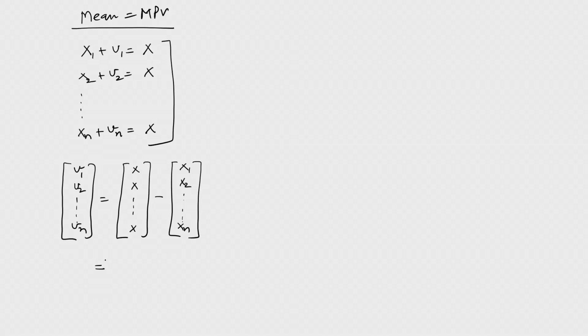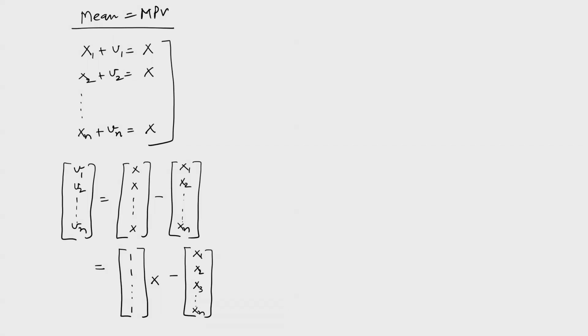Okay. Here I can write this X matrix as 1, 1, 1, n times, into unknown x, minus x1, x2, x3, and let us say xn, same thing. And here again V1, V2, Vn. Now this is the V matrix, this is the A matrix, this is the X matrix which is a single unknown value, and this is the L matrix.